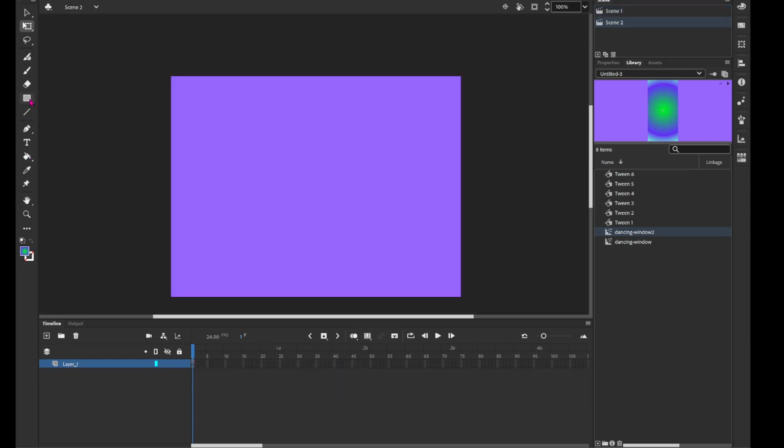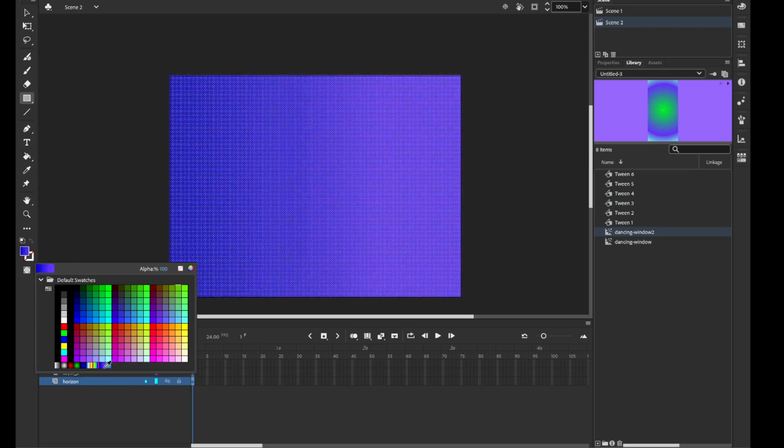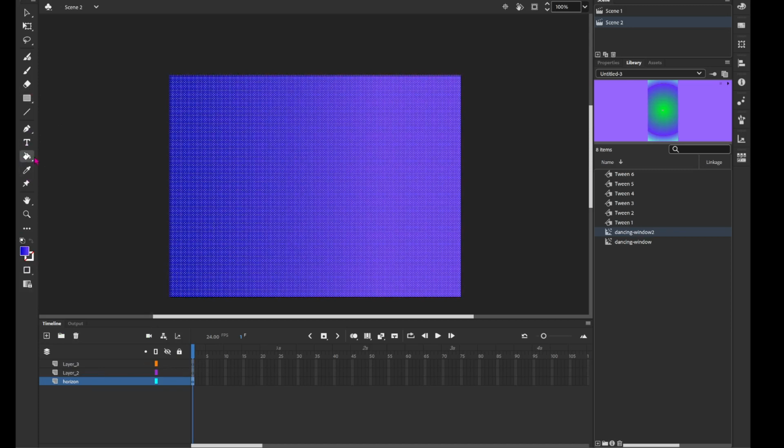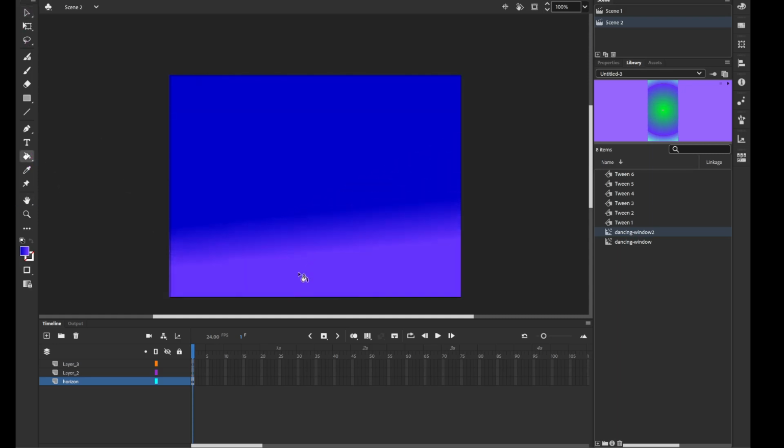and maybe I want a different horizon. So let's add a different horizon to this. Maybe my purple one is better. So we'll add the purple horizon. So maybe a bit of a night scene. And now I want to add